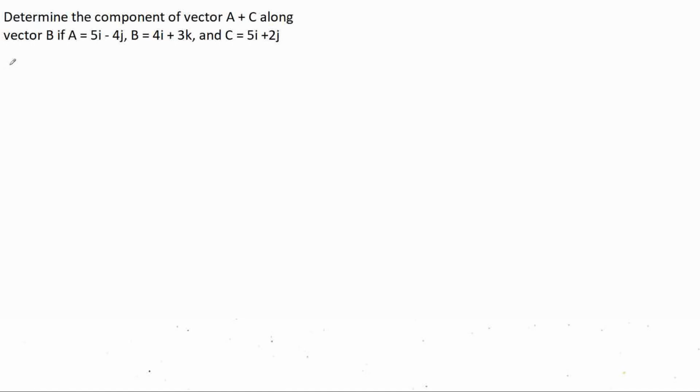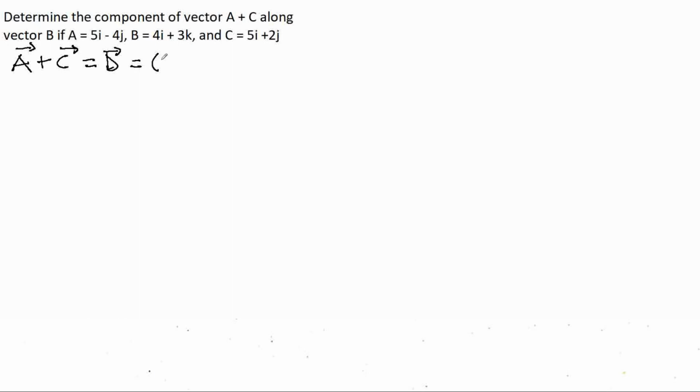So the first thing we want to do is to find the resultant of A and C, so A plus C. Let's call the resultant of A and C, D. So the vector D is the resultant of A plus C. In other words, if you add A and C, the result is a vector D. So this will be equal to,